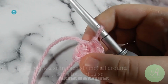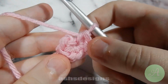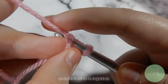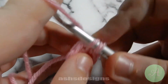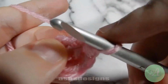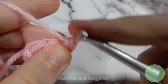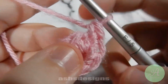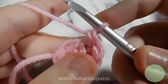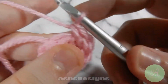So for round 2, you'll increase, or work 2 single crochets into the same stitch in each stitch all around, for a total of 12 single crochets. So insert, pull through, and then pull through those 2, and again insert, pull through, and pull through 2. So those 2 are worked in the same stitch. Now we move on to the next stitch. We just made 1, 2 in that second stitch,